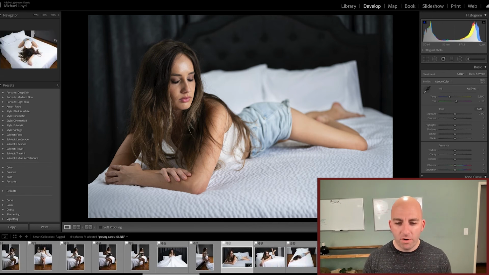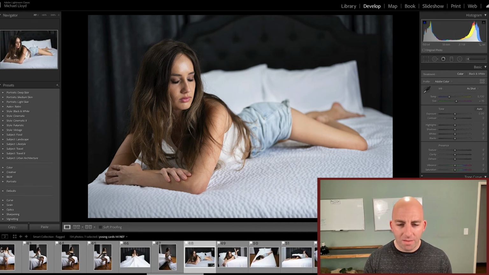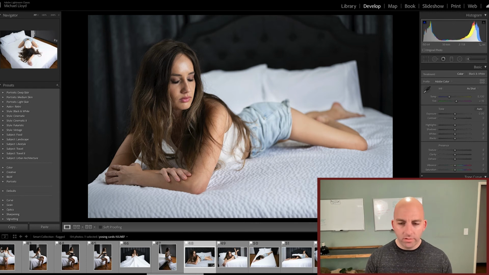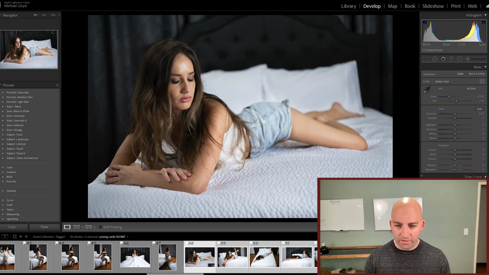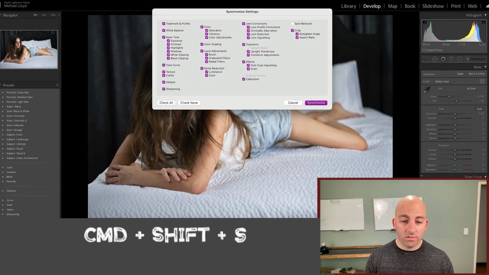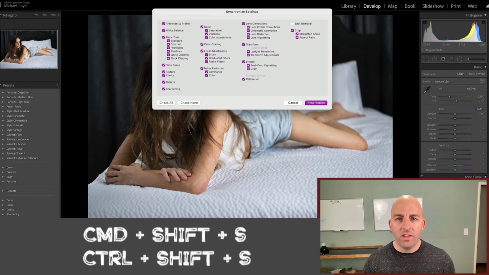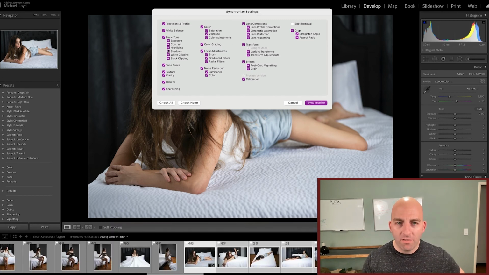And if I don't want to do a preset, but I want to apply all these same edits to the next several images, I can select the next few images and press Command Shift S, or Control Shift S on a PC, and you can synchronize your settings, which means it will take whichever of these boxes I check, which are all based